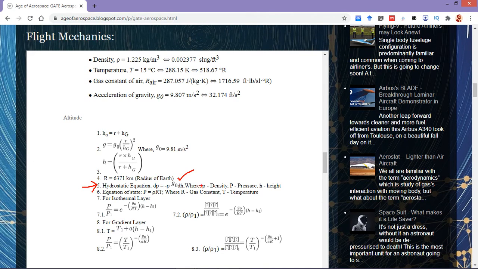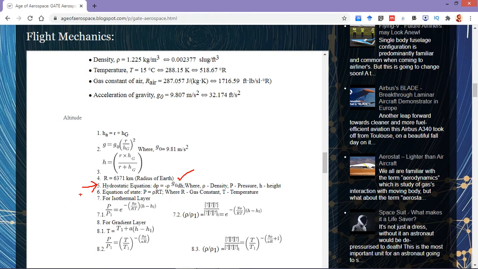to know the hydrostatic equation, and we need to know the terms and symbols for it. So the basic hydrostatic equation: dp is equal to minus rho g dh, or minus rho g naught dh. And further, it is beneficial to know the equation of state, p is equal to rho RT, which we will